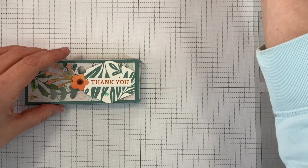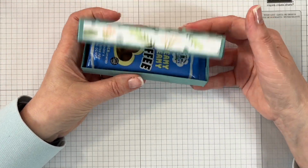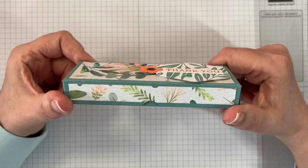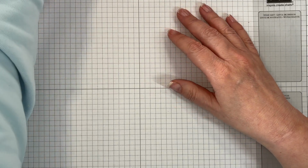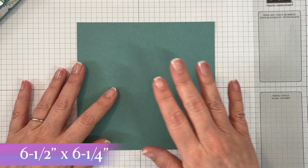So this is actually going to be my customer thank you gifts as well, so I'm killing a few birds with the same stone today. Now, you will need to make each of these boxes a piece of card, mine again